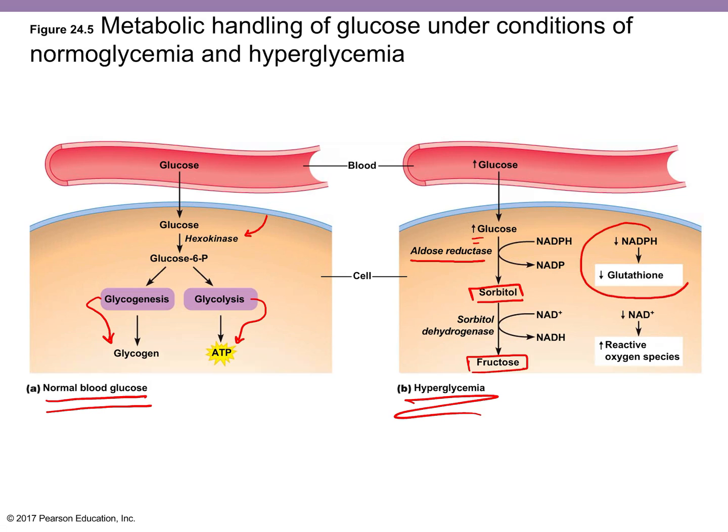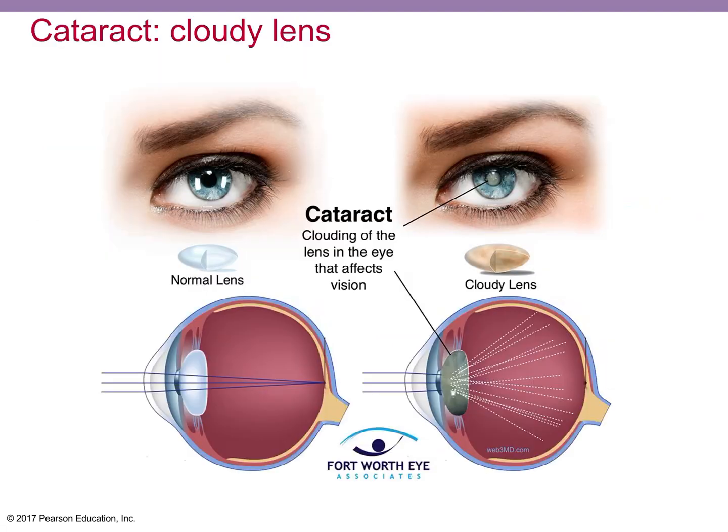In the process, right, here's our using up NADPH to make a reduction in glutathione. And then it turns out that we actually make, and I didn't mention this previously, but we do make more of this ROS, reactive oxygen species, in this process as well. So it's like a double whammy. You're taking away an antioxidant and you're actually making more ROSs, right? So that was the second thing I talked about that was bad about sorbitol. And then I'll just add here that this disrupts osmosis and you'll have swelling of those cells.